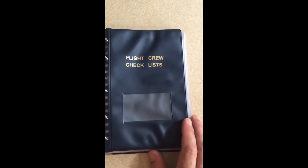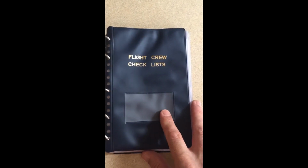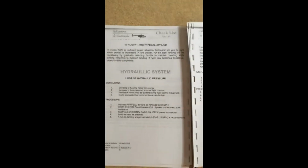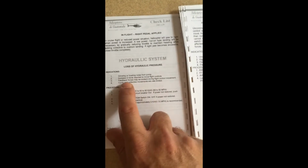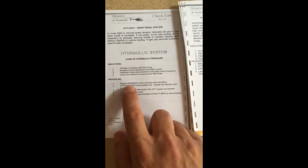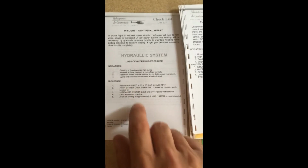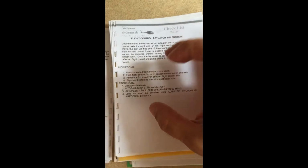So today we're going to look at the next type of emergency checklists, which are non-time critical. And as an example, I've taken the pages out of the book again. I'm going to put this back. So this is what the pilot would face. So we have a hydraulic system, loss of hydraulic pressure. We've got indications, this may be what the problem is. And then we have a procedure that we can follow, word by word, challenge and response, to determine if this